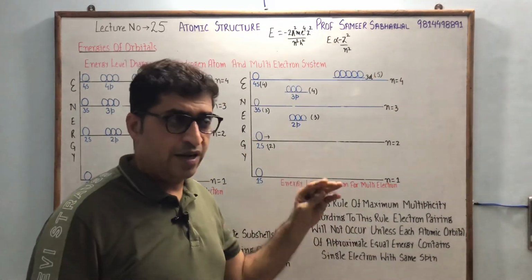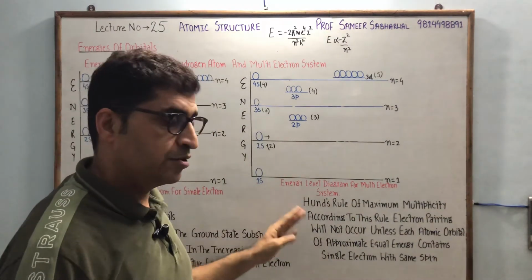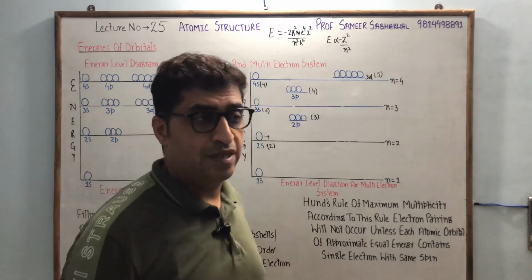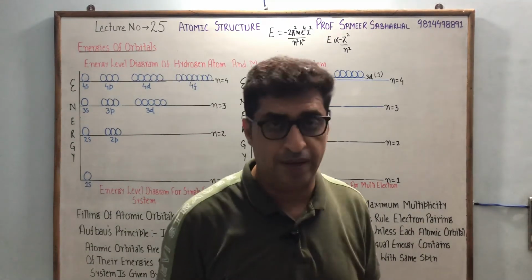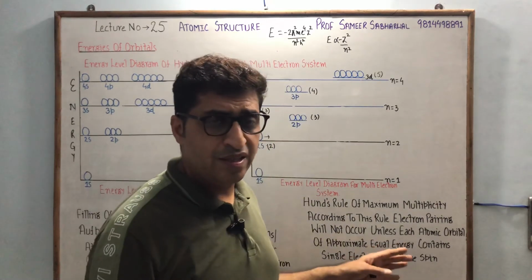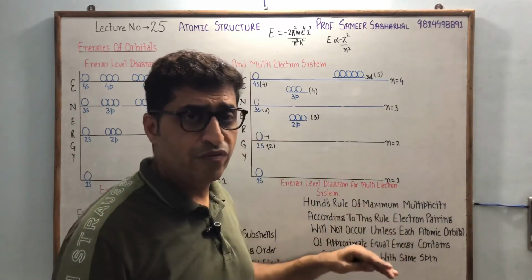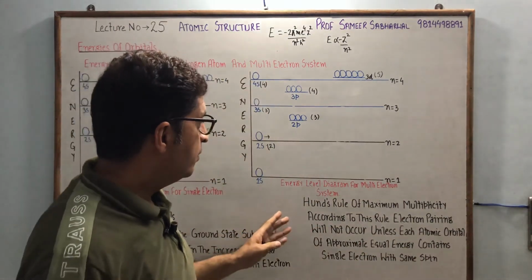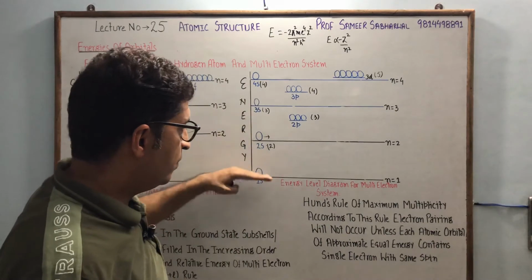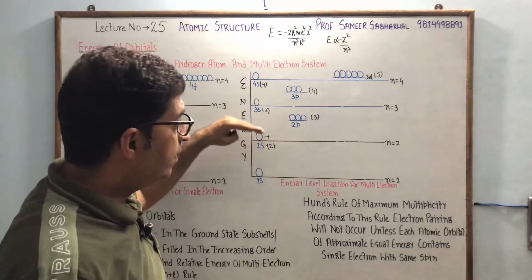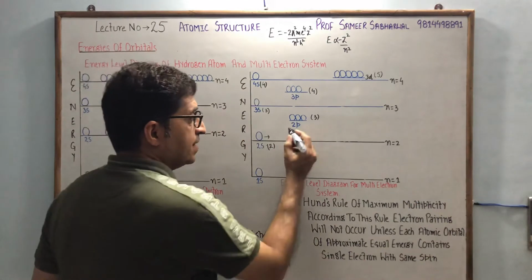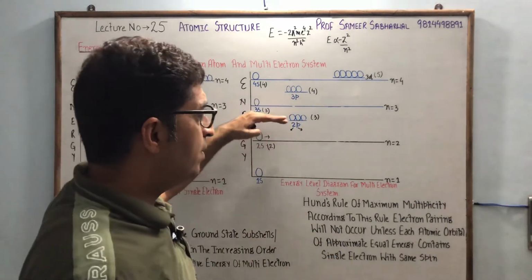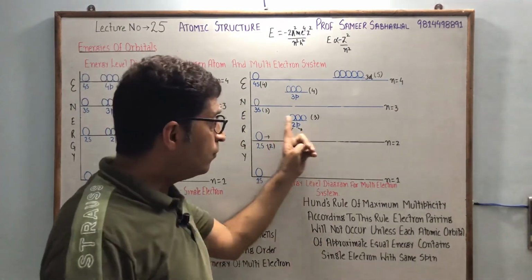Then Hund's rule. ये भी while filling electrons we will explain. This is Hund's rule of maximum multiplicity. Maximum multiplicity means maximum spin. According to this rule, it will come into play when we have orbitals of the same energies. Now if you see this diagram, 1s has lower energy than 2s. If I take 2p, this is n, and p is l. So this is a subshell. In this subshell we have 3 orbitals, so all of them have the same energy.